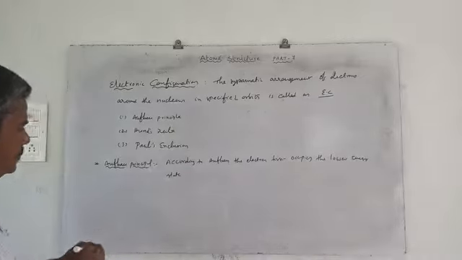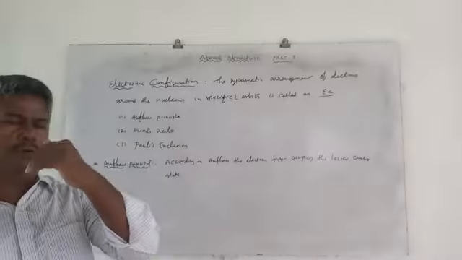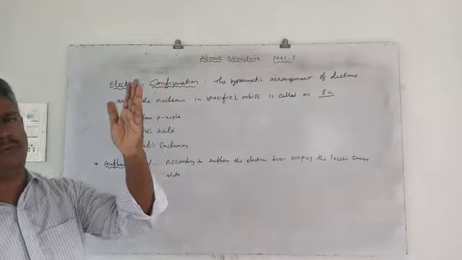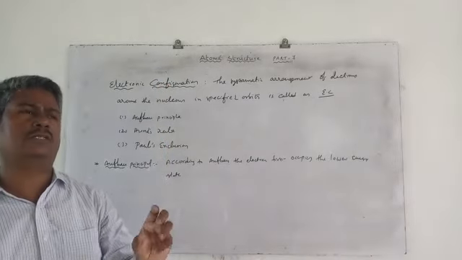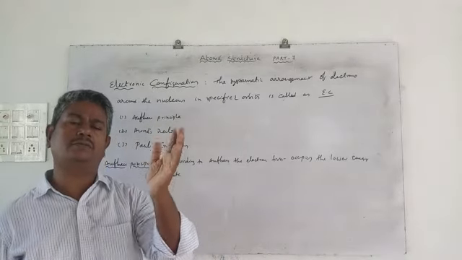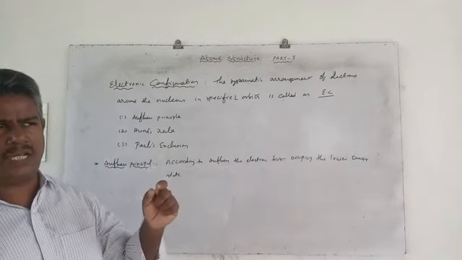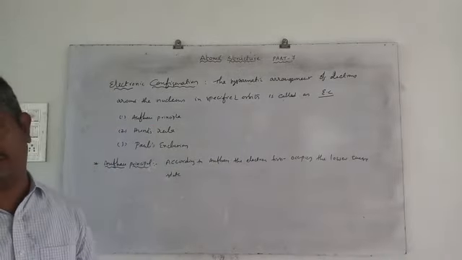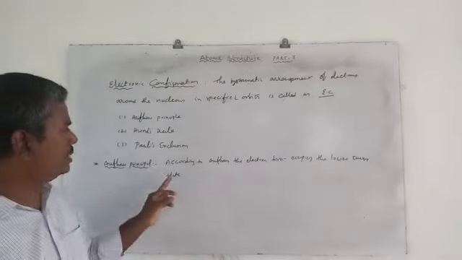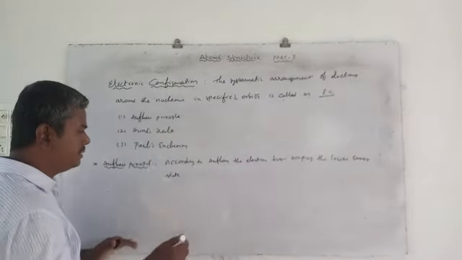That is the principle. That means while you are filling the electrons, according to Bohr's principle, the orbit nearer to the nucleus has less energy and the one farthest from the nucleus has more energy. That means the first orbit has lesser energy, the second has more energy than the first one, the third orbit has more energy than the first and second, like that. So the first energy level will be occupied by the electron, then the second. How can we calculate the energy levels?